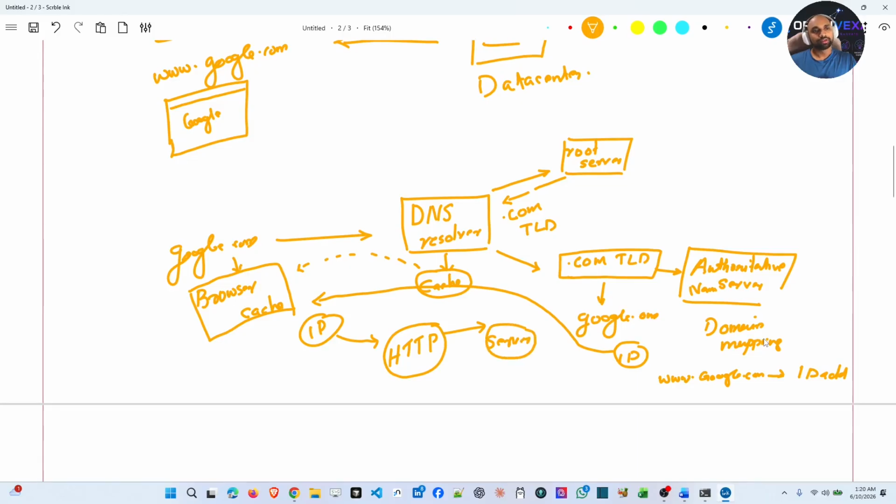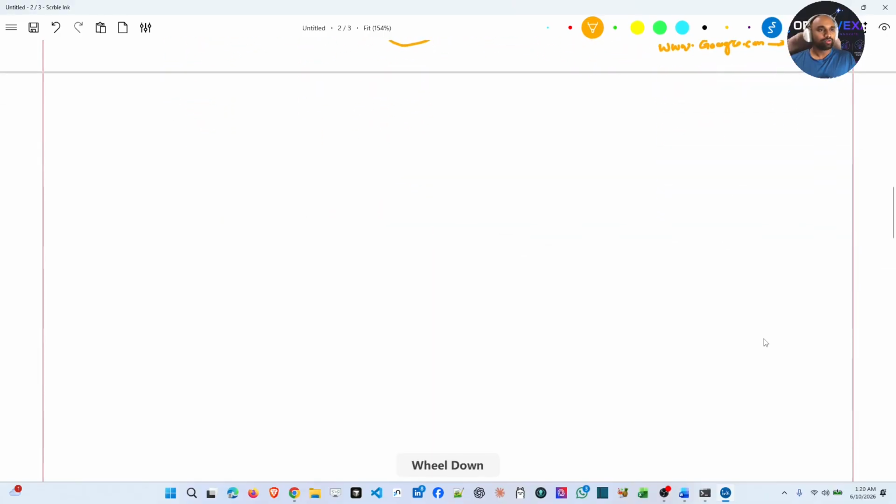Communicate with the server. This is how the whole DNS resolution is happening. Okay. Now let's go ahead and see what is happening behind the scenes. Once I have the IP address, now